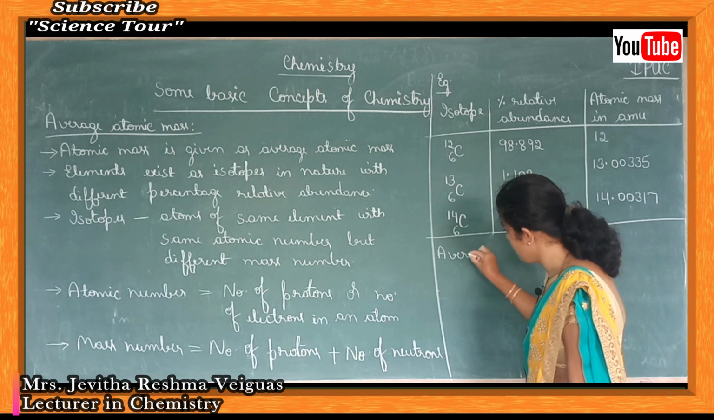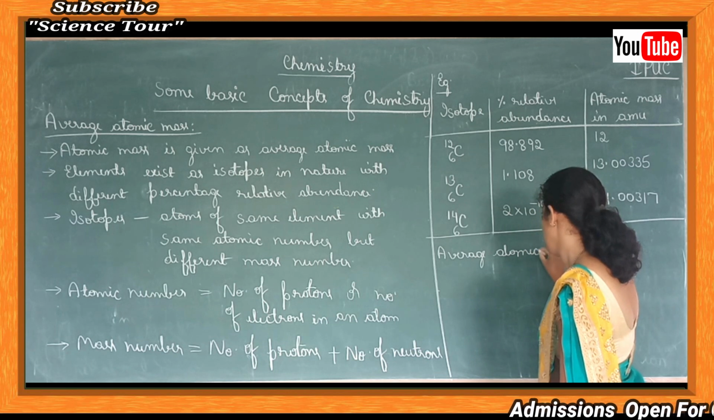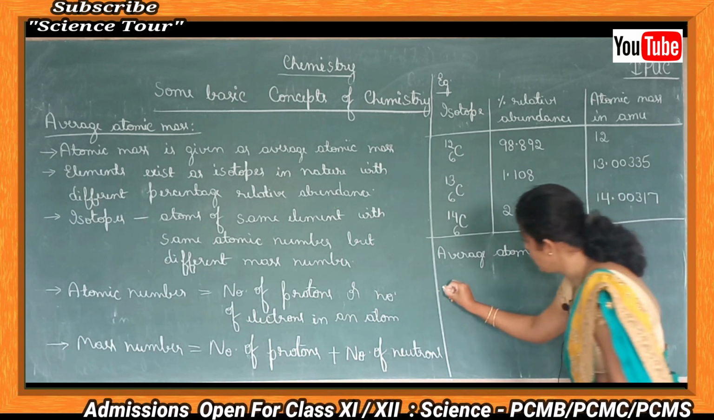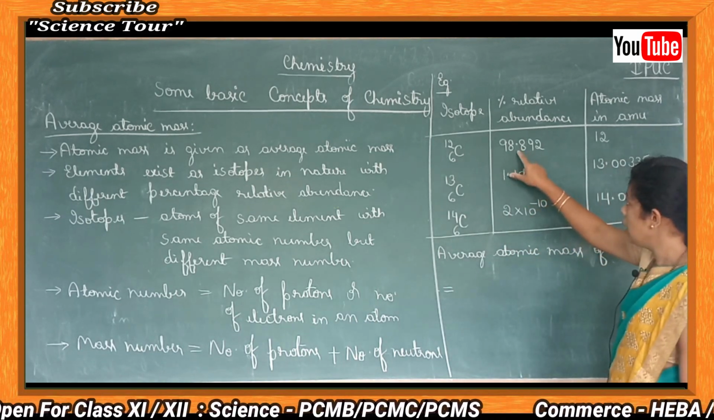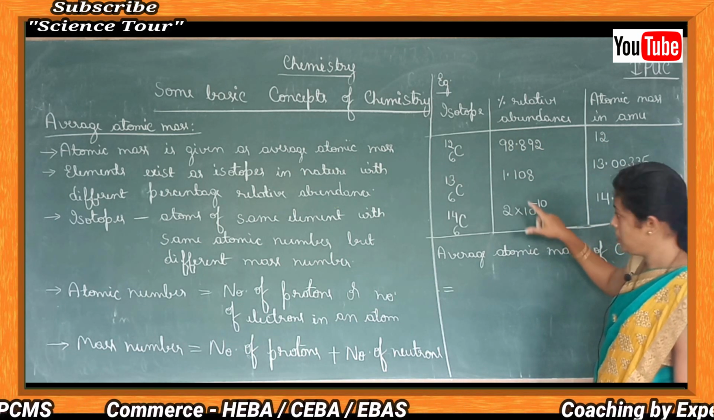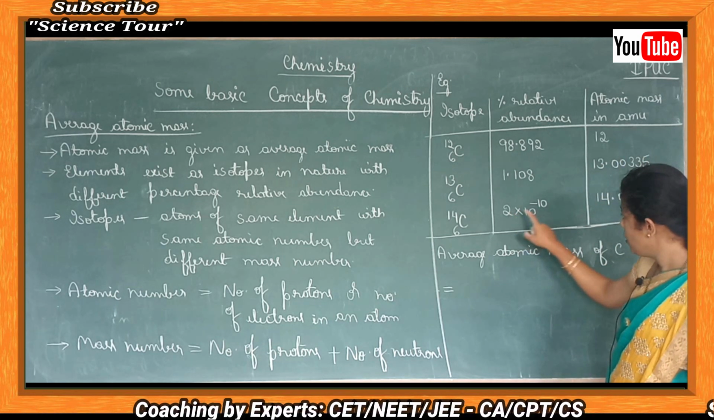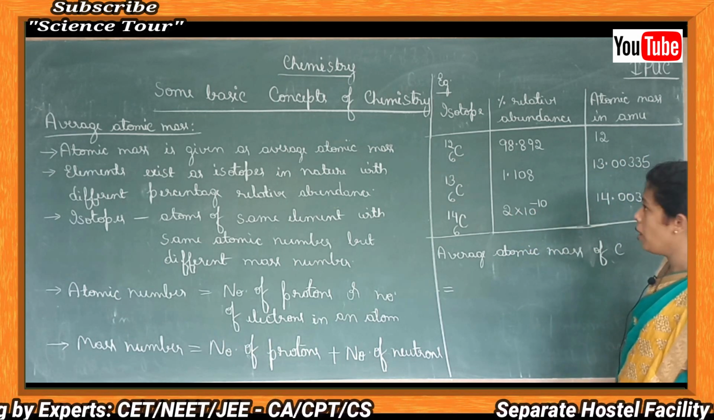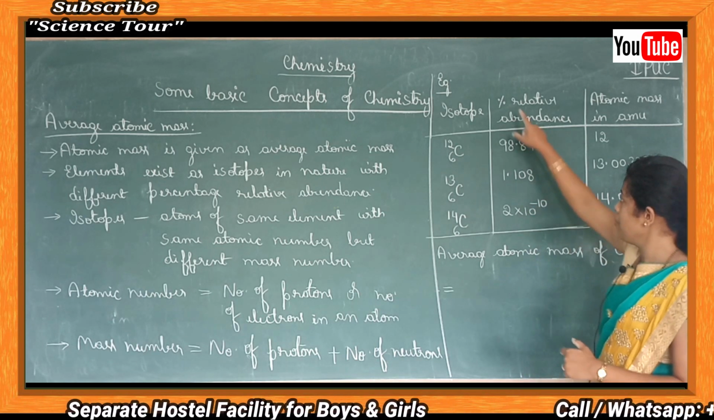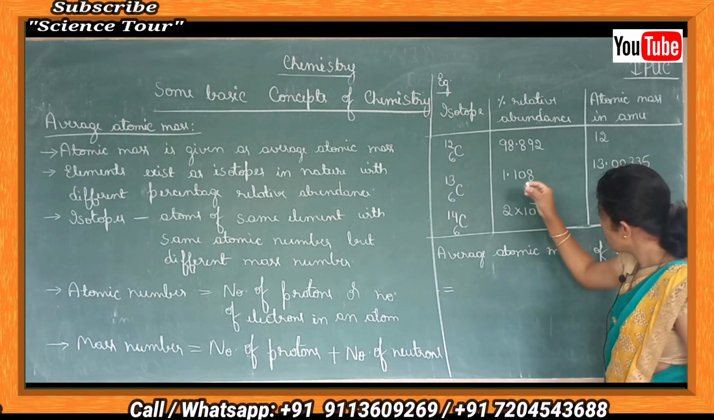How is it calculated? Average atomic mass of carbon is equal to relative abundance into atomic mass of one isotope plus relative abundance into atomic mass of another isotope plus relative abundance into atomic mass of the third isotope, divided by 100. Why 100? Because the abundance is given in percentage, meaning out of 100. So the calculation is like this: